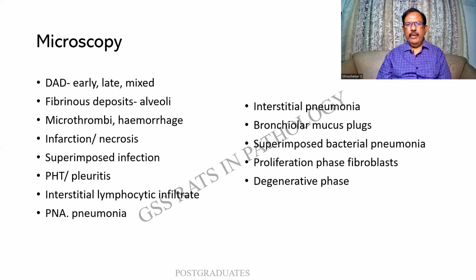Lungs interstitium will be showing a lymphocytic infiltrate. Lymphocytes and plasma cells are classical of the viral infections limited to the interstitium. In fact, the alveoli will be appearing more. Pneumonia can be developing. Sometimes there can be mucus plugs and the other changes are there. Finally, there can be a degeneration or even death.